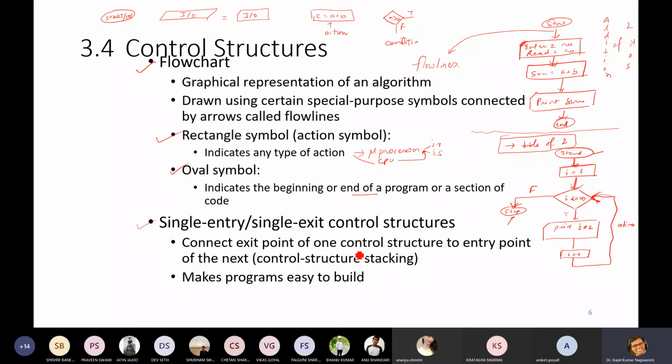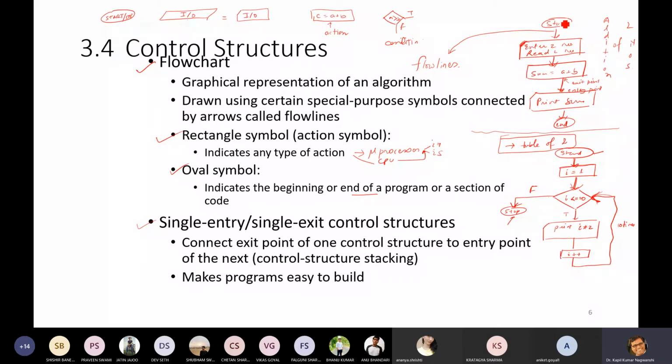Connect the exit point of one control structure to the entry point of the next. So this is one control structure, and its exit point is the entry point of another control structure. Likewise, in each step, it makes the program easy to build.